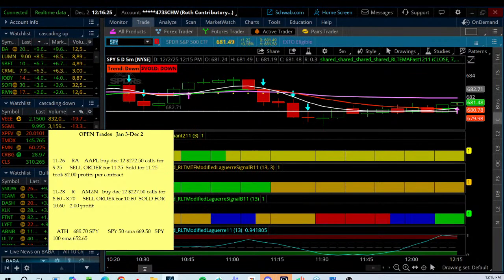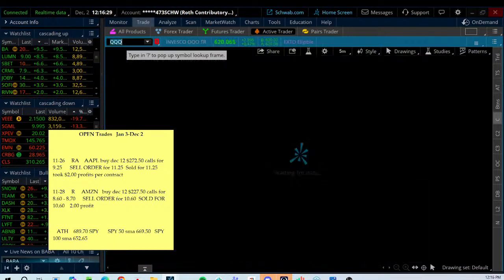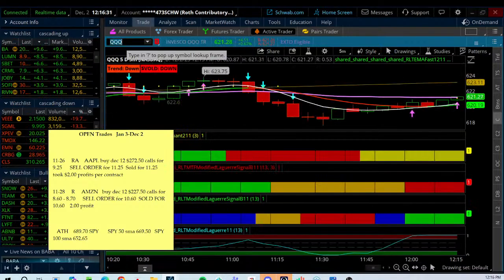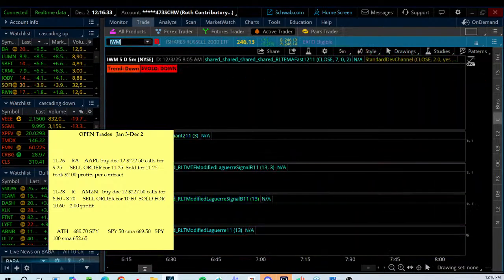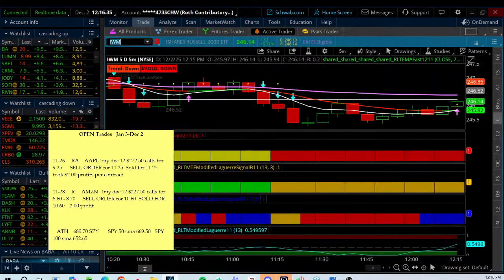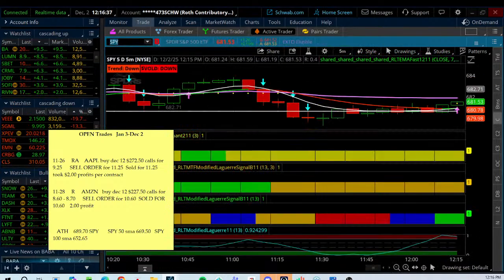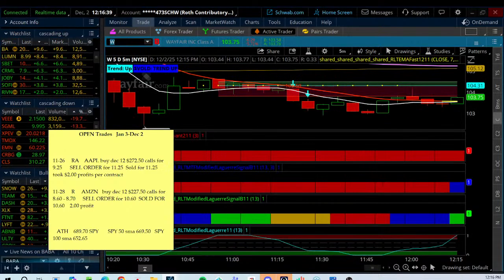SPY trying to move back up to the VWAP. Hasn't been there in a while. Q's right up to the VWAP right now. And IWM trying to get to the VWAP. So the market's trying to bounce here. I'm watching Wayfarer, which is putting in a green candle, but still very weak. Very, very weak here. Trying to show a little bounce with the market, but